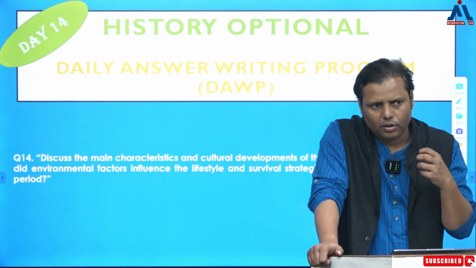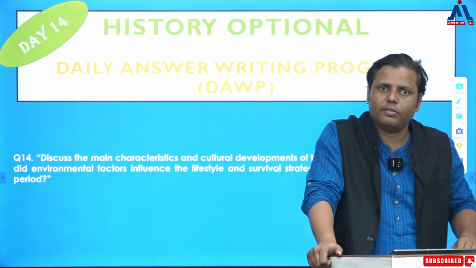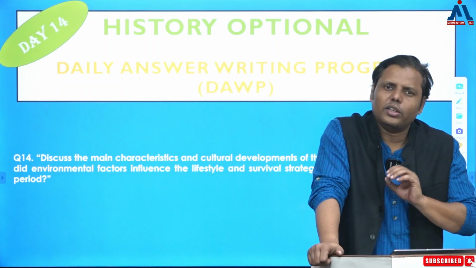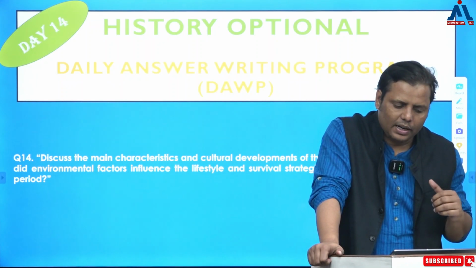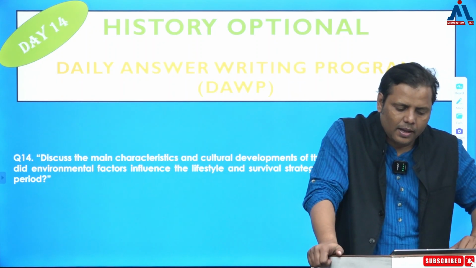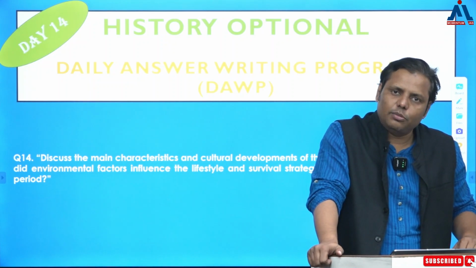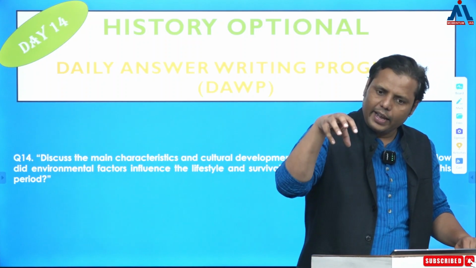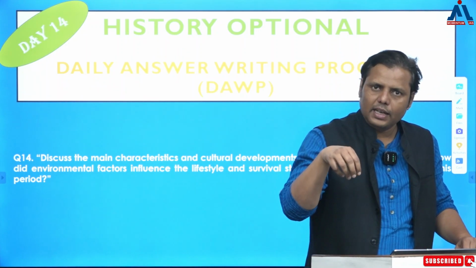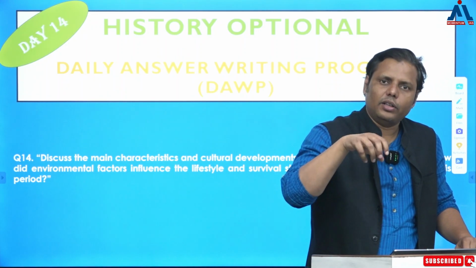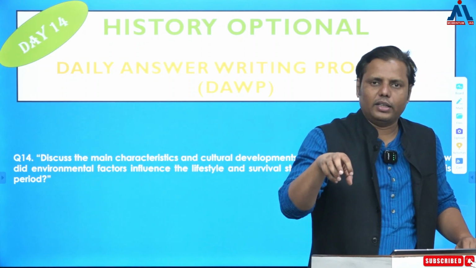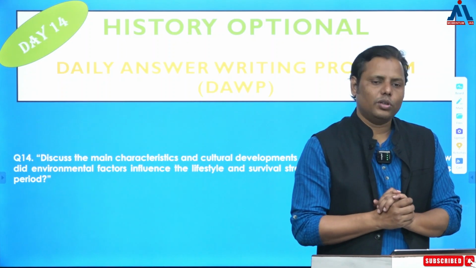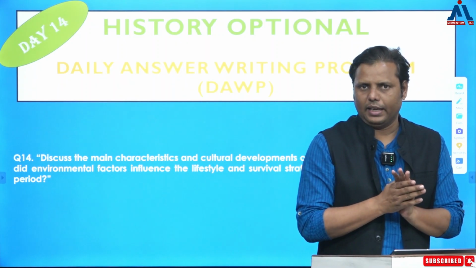At the same time, some archaeologists have discussed the strength of these communities, which used to be somewhere around 10 to 25. So they used to be very small groups, and on the basis of that, another suggestion is there, which is known as the site catchment analysis. The site catchment analysis simply says that they used to make a point or a cave as base, and then in a radius of 10 kilometers they used to exploit the resources. That's how it was going on. Apart from that, you can also discuss some of the factory sites which were there.